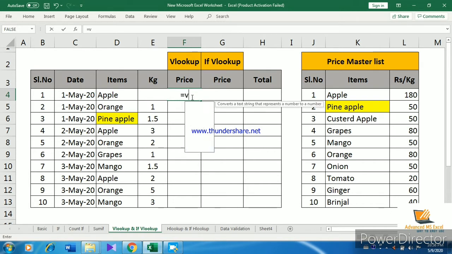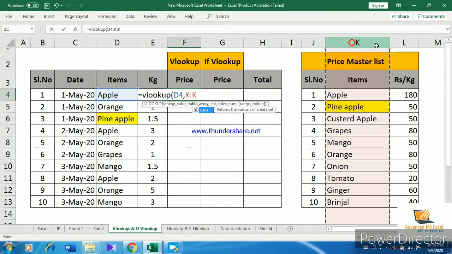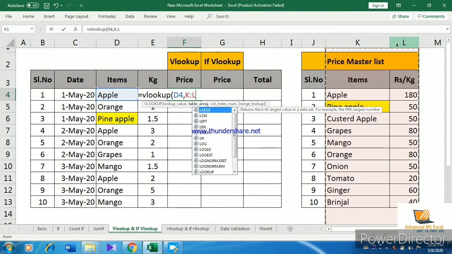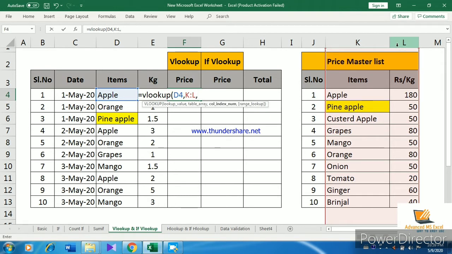Once again we put VLOOKUP and open the brackets, and the lookup value is Apple. Then we put a comma and the table array. The table array is the price master list. For Apple, the second column is the price, so we put a comma and then write 2, because in the items only the second column has the price.